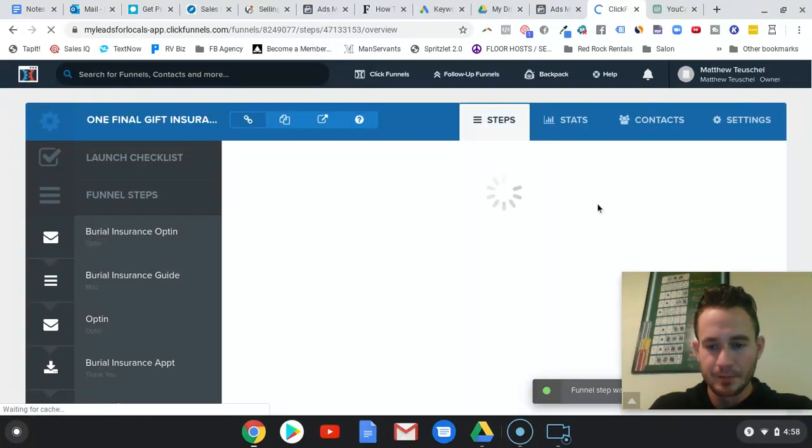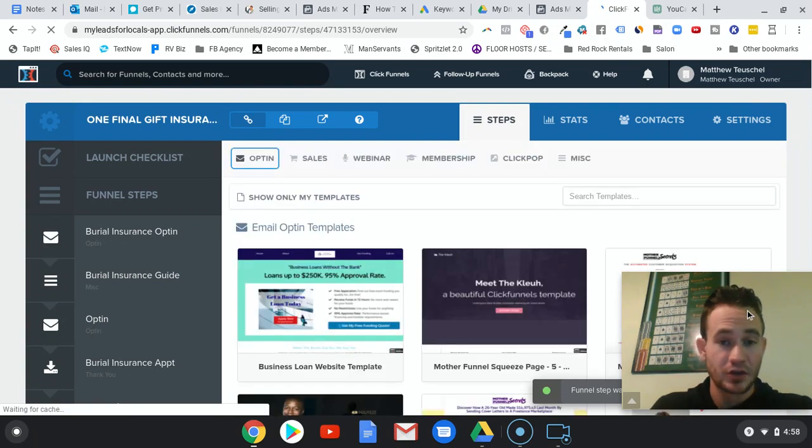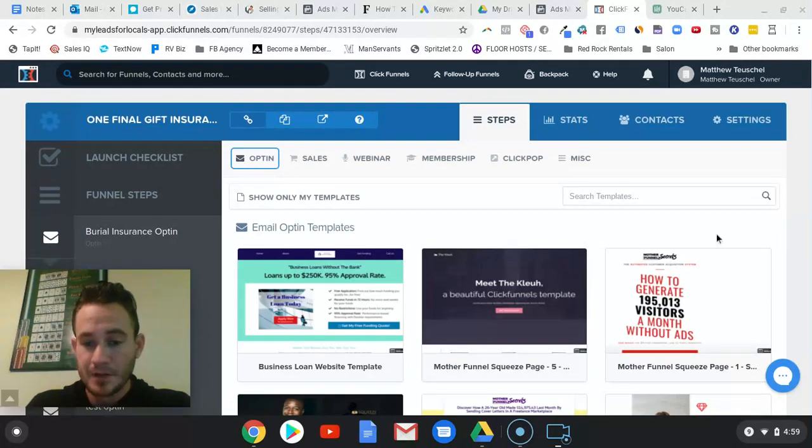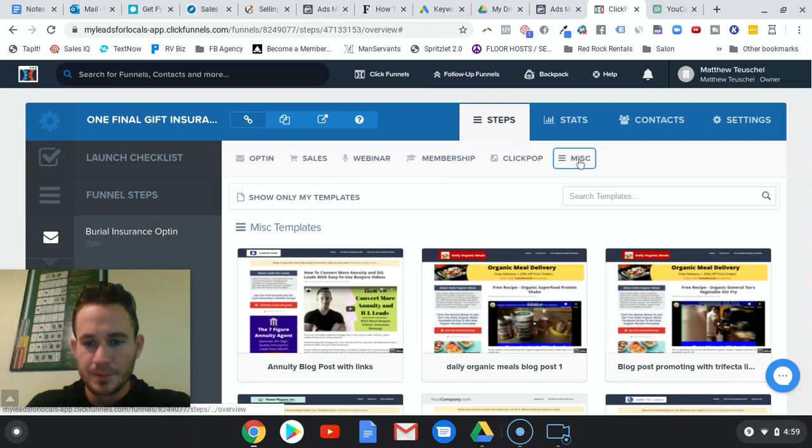Like how many different templates it has, and the fact that you can share the funnel. So like, I can share all this stuff that's already kind of designed and pre-made. I can share it, and you guys just come in and customize it. And I mean, it saves so much time. It's insane. So now for the guide page, what I do is I click on miscellaneous over here